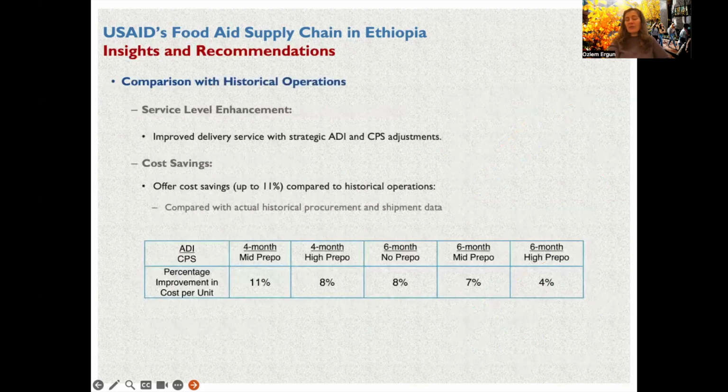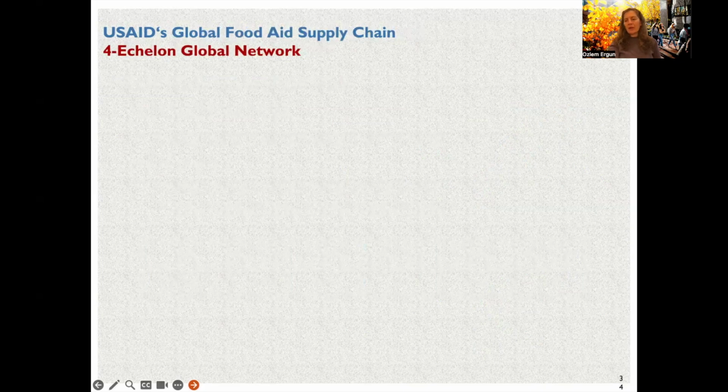And then we also compared these results with some of the historical operational costs, and we were able to show that we would expect to get some cost improvements over the historical operations as well. So in the next couple of minutes, I will talk about a more recent study that we have